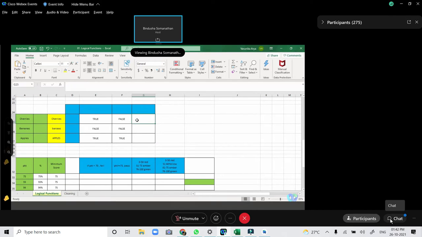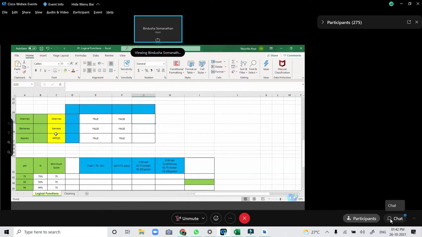All right. Now in this situation, how do you make your text comparison case sensitive? We are talking about the equal to operator, right? We want to check whether one cell has text equal to the other cell.